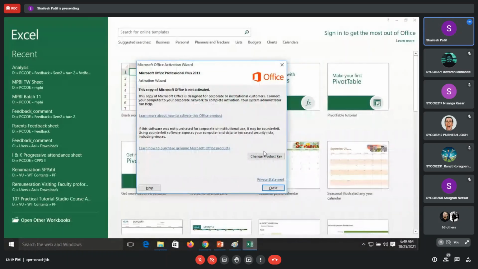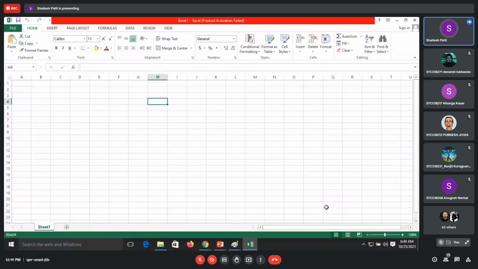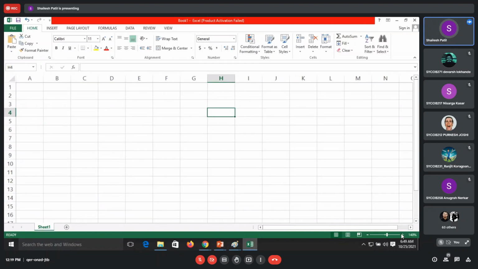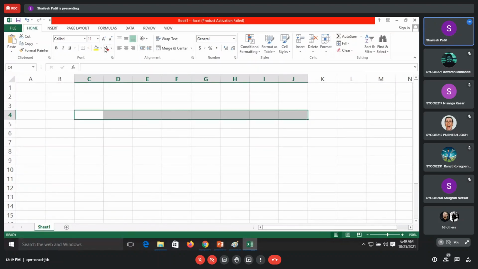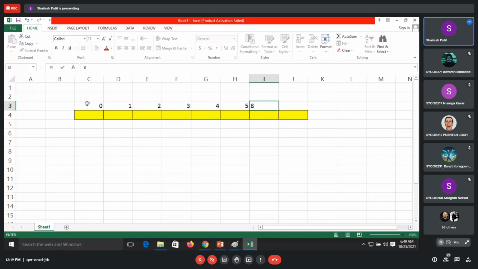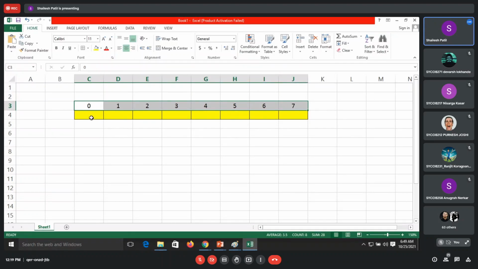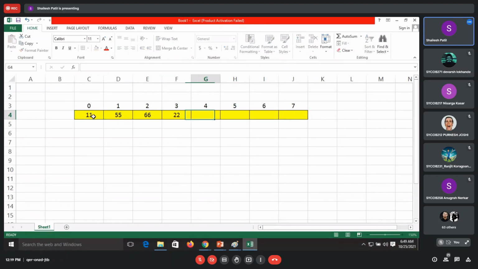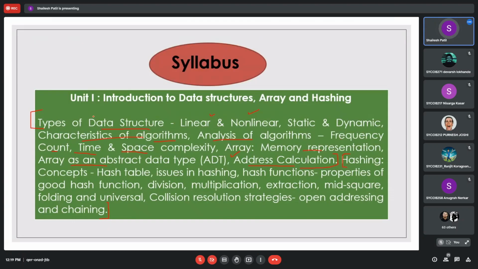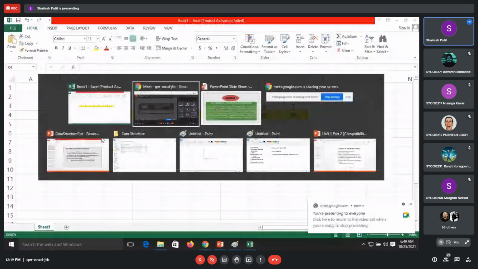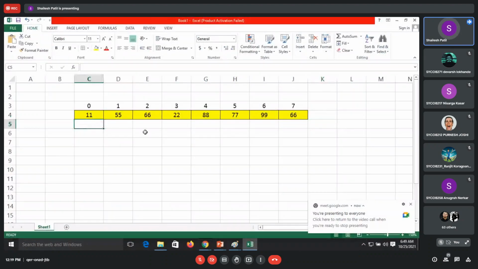Yes, we already covered it in first semester, but can anybody tell me what you mean by address calculation? So this is my array, and my first address is 100 at this position.